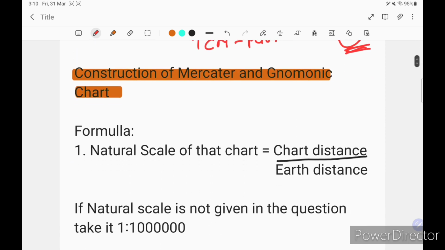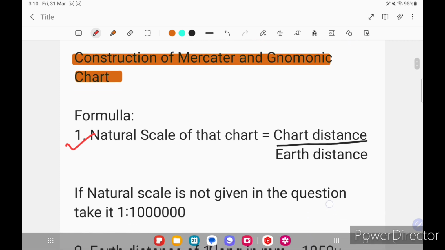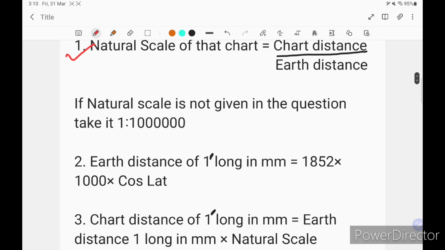Before proceeding to the past numericals, we go through some formulas which are required to solve this type of numericals. The first formula: natural scale of that chart is equal to chart distance divided by earth distance. If natural scale is not given in the question, then we have to use this value, 1 raised to